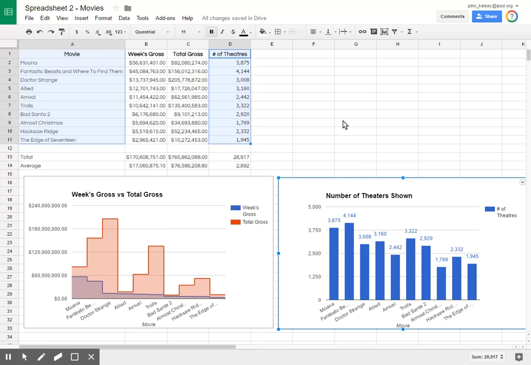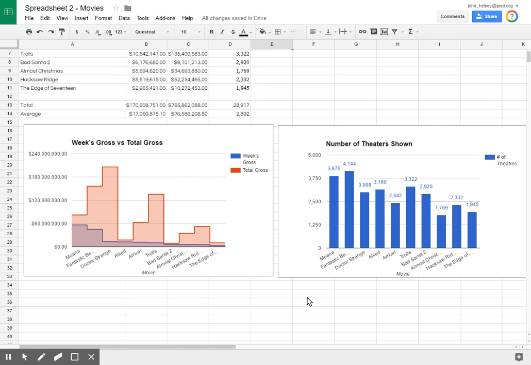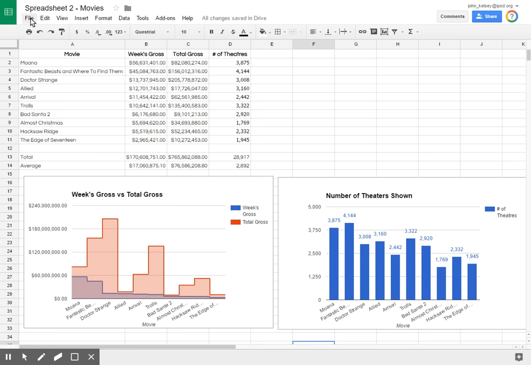Now, speaking of that, if you did turn this in already on Google Classroom, you're going to need to unsubmit it to continue to make these modifications. And now below this, I want you to go ahead and make some kind of summaries or some analysis based on looking at these. This one, I might say that it looks like Fantastic Beasts is actually in the most amount of theaters, by not a lot, by just under 1,000 compared to Moana, and things like that. So as soon as I have these two charts inserted, I'm going to go ahead and save this and turn it in on Google Classroom.